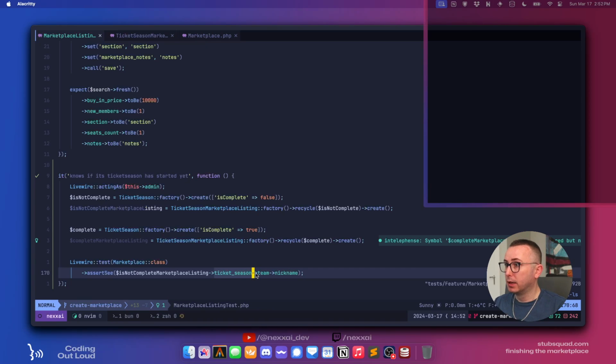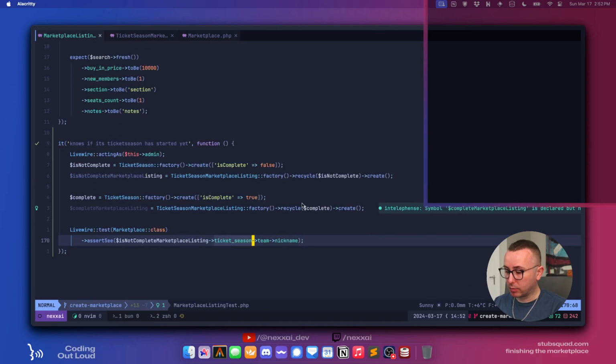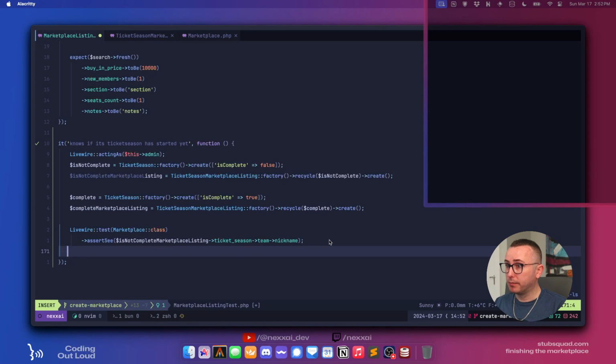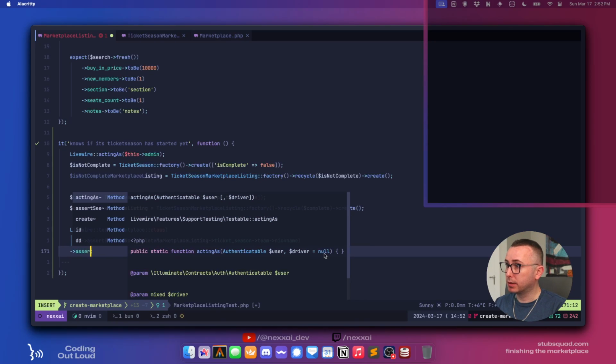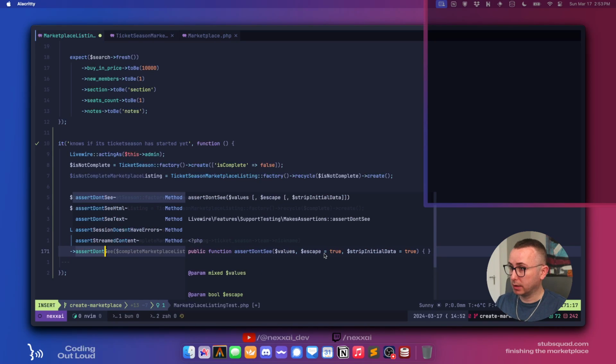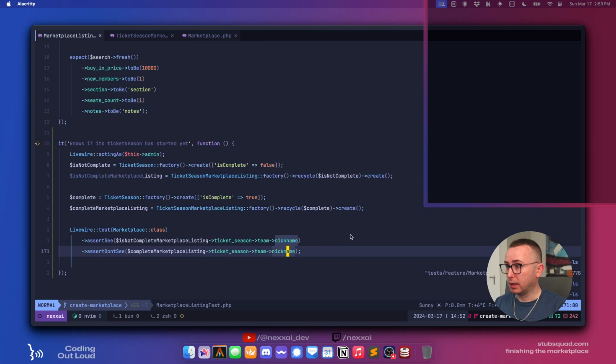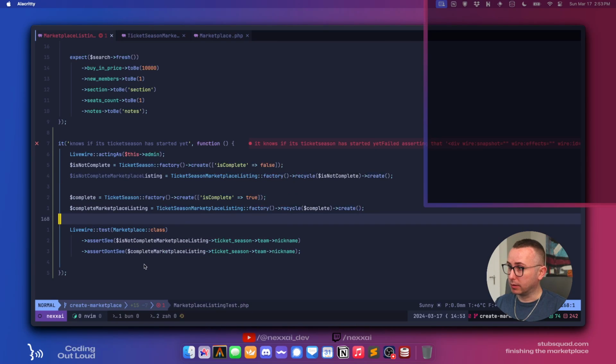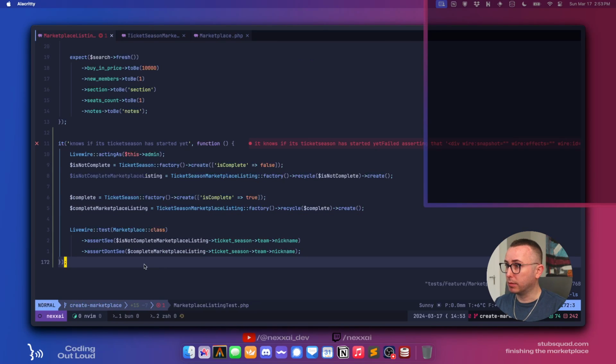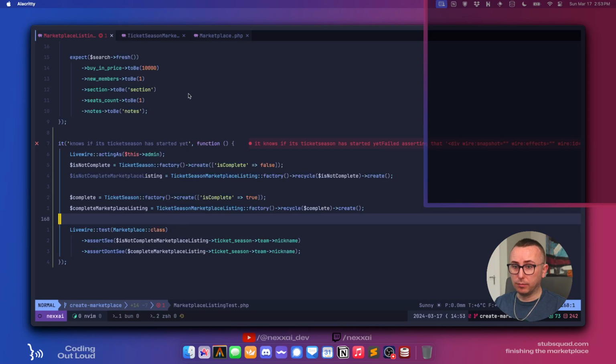Okay, that passes. So that part works good, but we also want to assert that we don't see the nickname of the other team. So assert don't see, yes. Okay, so it's obviously showing because we're not filtering by the visible ones here.